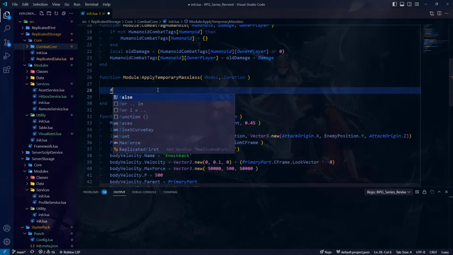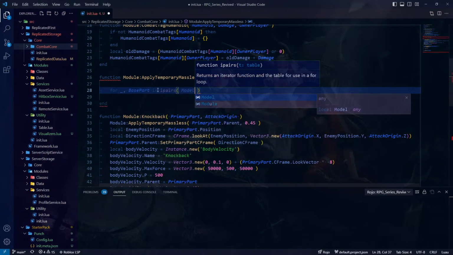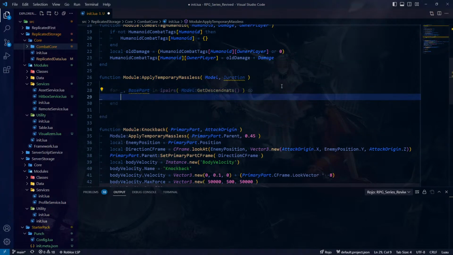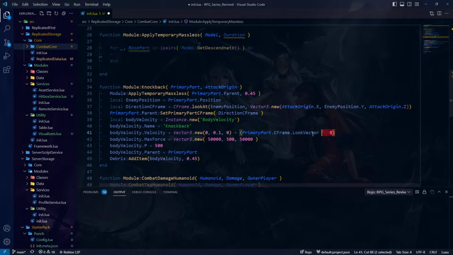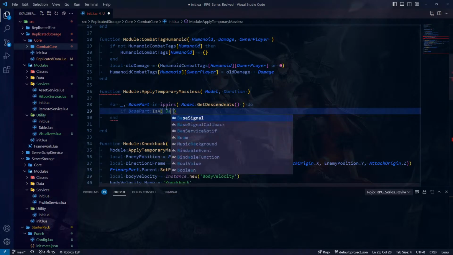And what we'll do is for underscore, base part in model get descendants, and actually that means we have to change this here in a moment. Now I'll just set it to 5,000. If base part is a base part,